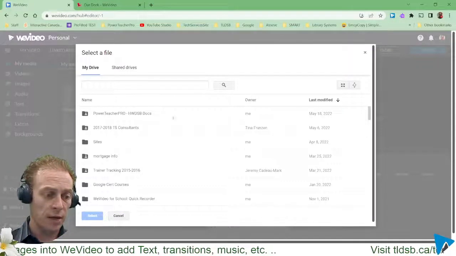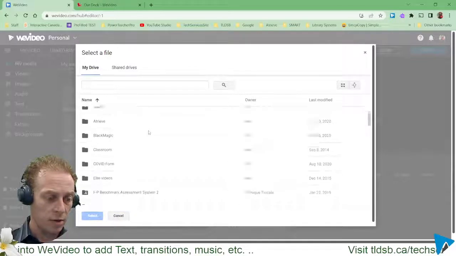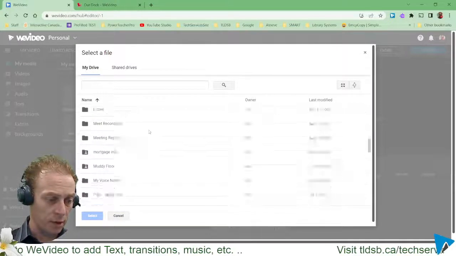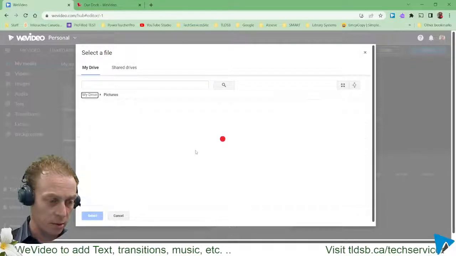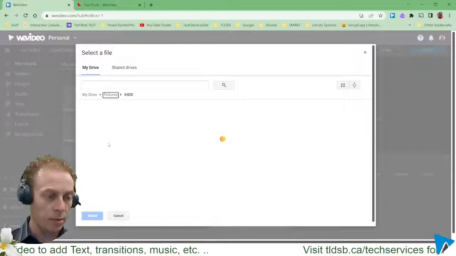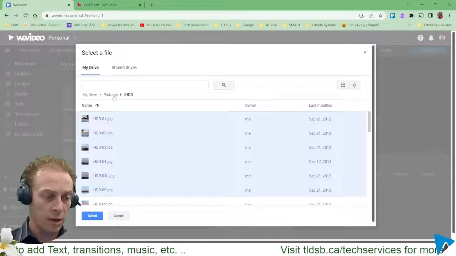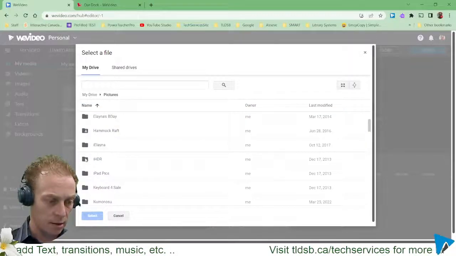And from here, I have a couple of ways I can go about this. Let me sort this by name. I could jump into the folder. I'm going to look for my pictures folder here that I wanted. And I'll go with this one. So I could open this folder and then sort of select a batch of them and hit select. Or I should be able to come back here, click on that,